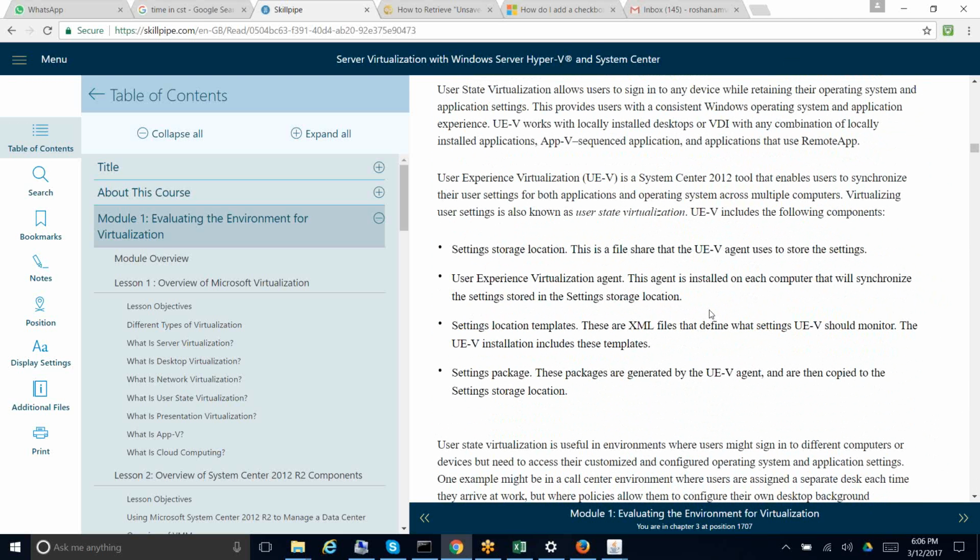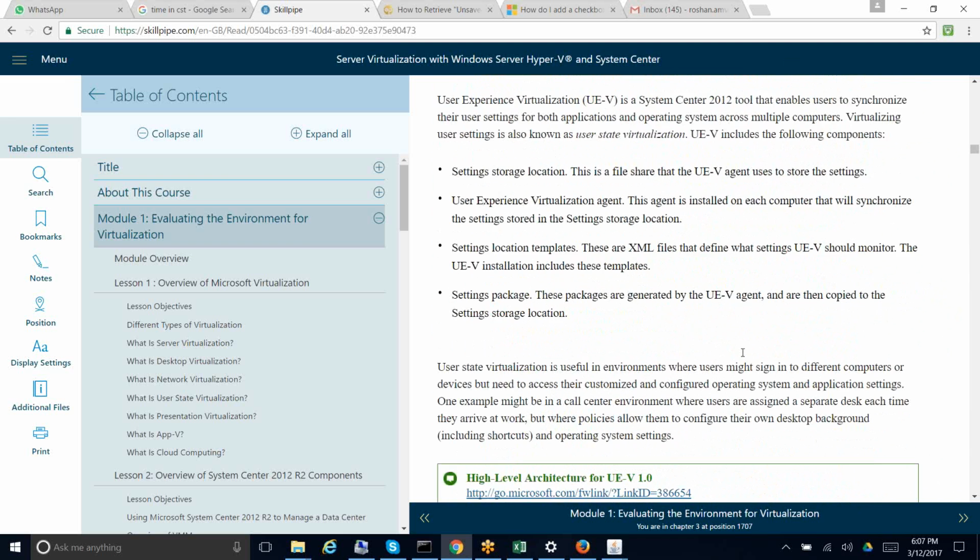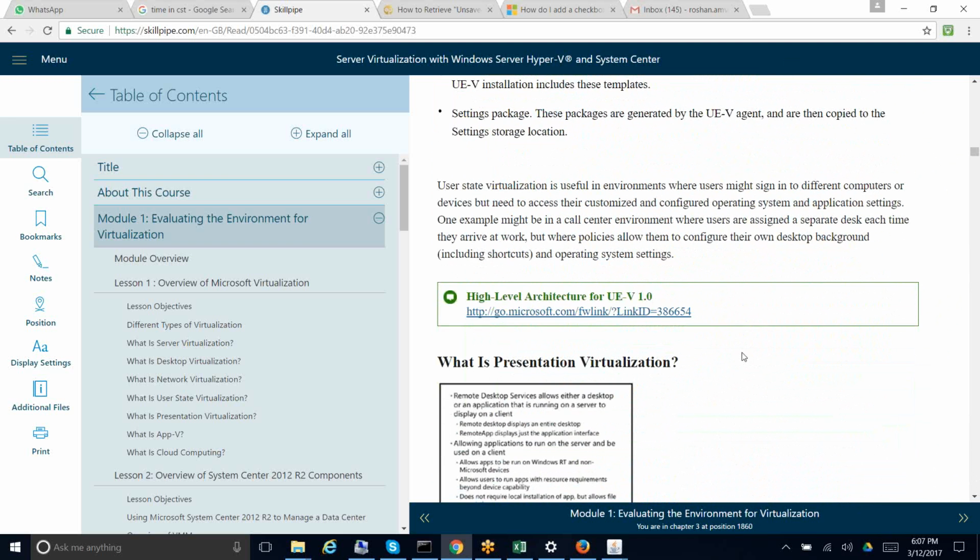The settings storage location is a file share that the User Experience Virtualization agent uses to store the settings. The User Experience Virtualization agent, you have to have this on whichever machine you're opening it from. The agent is installed on each computer that will synchronize the settings stored in the settings storage location. Settings location templates are XML files that define what settings User Experience Virtualization should monitor, and the settings packages are generated by the User Experience Virtualization agent and are copied to the settings storage location. So what will happen is, suppose